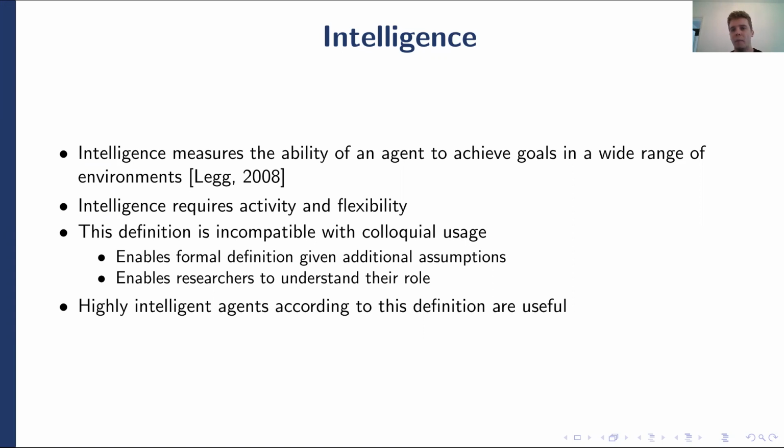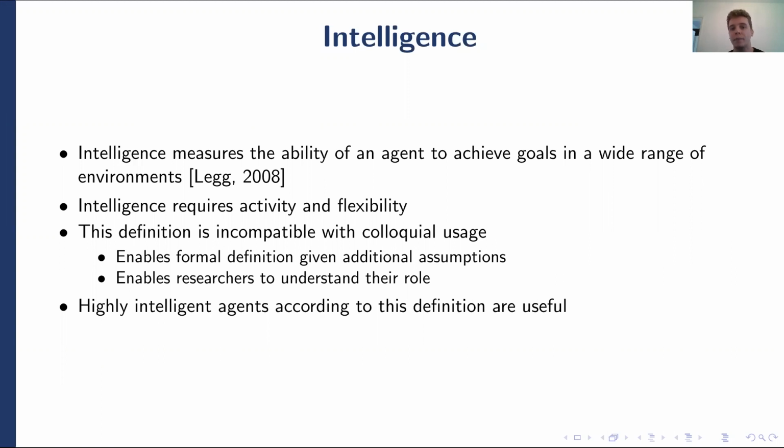So intelligence is a measure. Something is not either intelligent or not. The intelligence of something is on a scale, on a spectrum. Intelligence measures the ability of an agent. So in order for us to measure intelligence and to talk about intelligence, we have to be looking at an agent, something that acts. We don't care about, for example, a potentially omniscient agent that knows everything about the world but has no interest in acting in the world, because you can only measure intelligence through the actions of an agent.